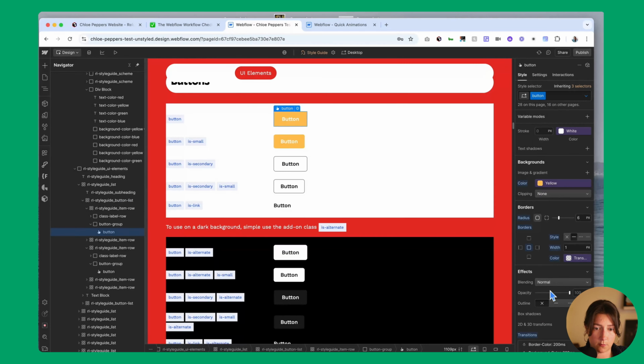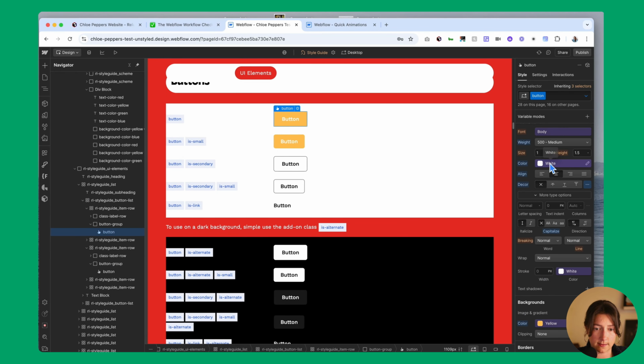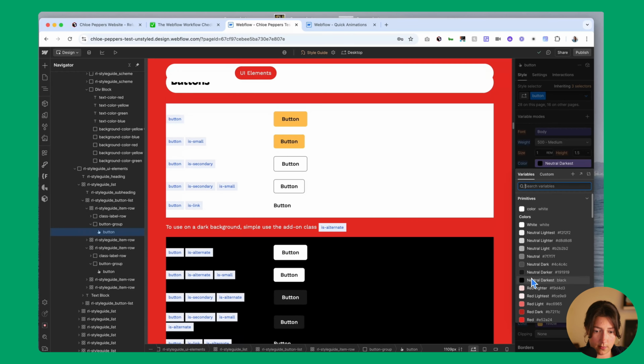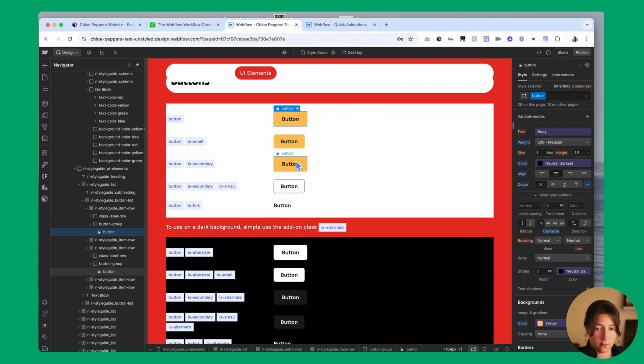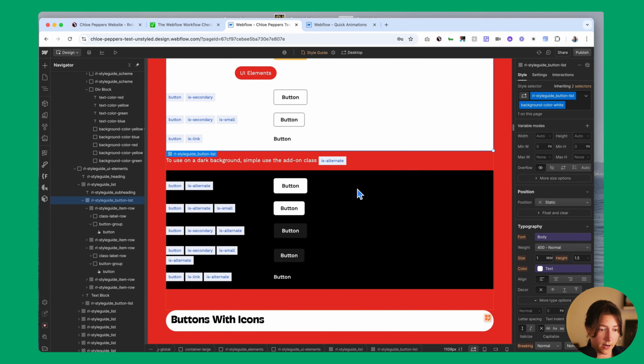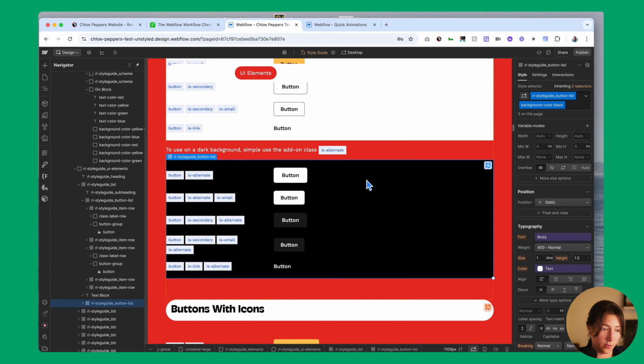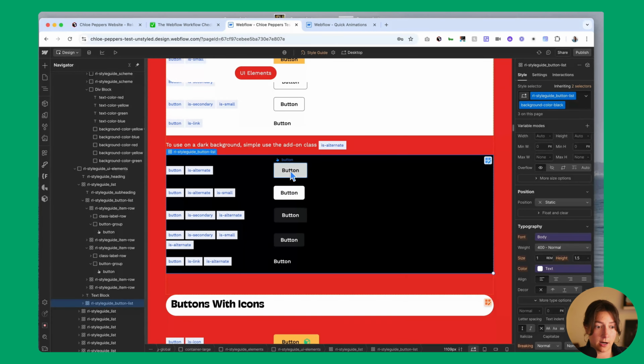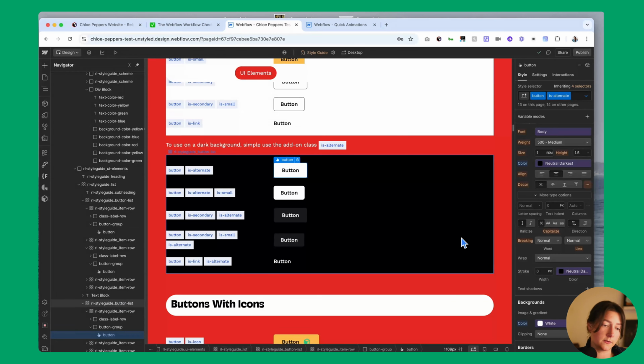And I think actually on my primary button, I want the text to be black as well. Okay, we're good there. And now in our dark mode, so this would be like the red background. It's alternate, makes it white. I kind of also want it to be yellow, but it's going to,